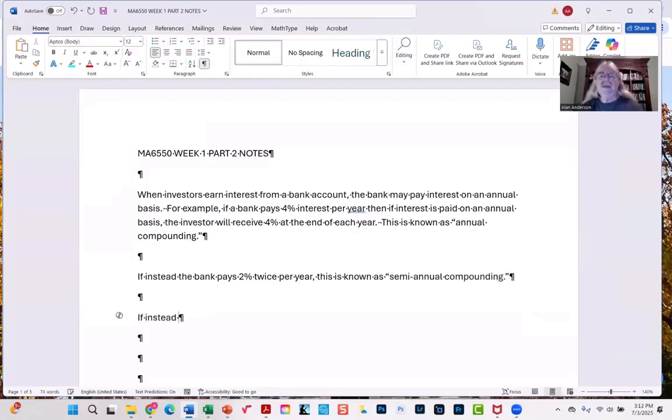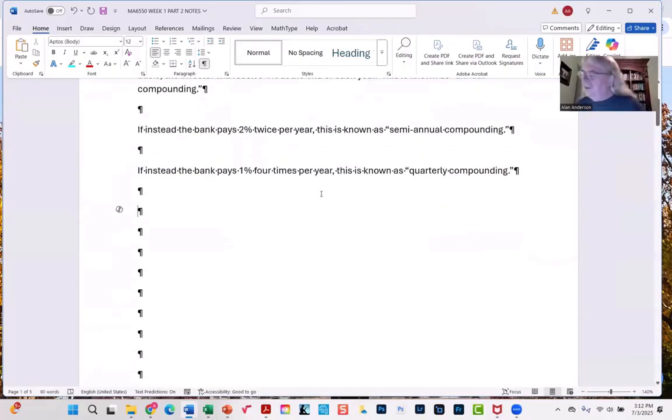If instead the bank pays 1% 4 times per year, you can probably guess this is known as quarterly compounding. So you're probably wondering, well, what difference does it make? Well, it can make a significant amount of difference. So if you're the investor who's earning interest, it turns out that you would like to see the interest compounded as often as possible. So why don't we do a numerical example and see why when we have annual compounding,